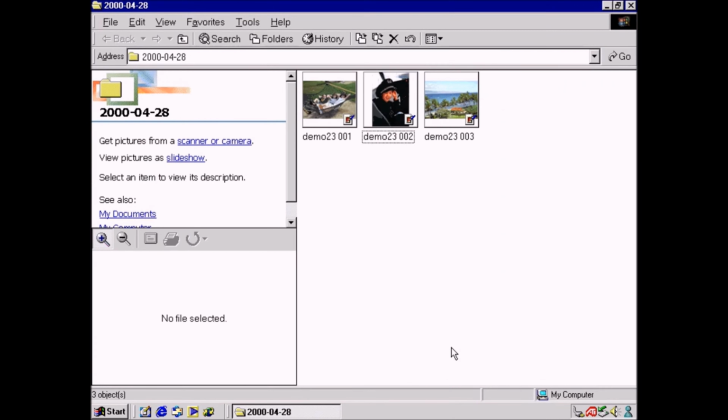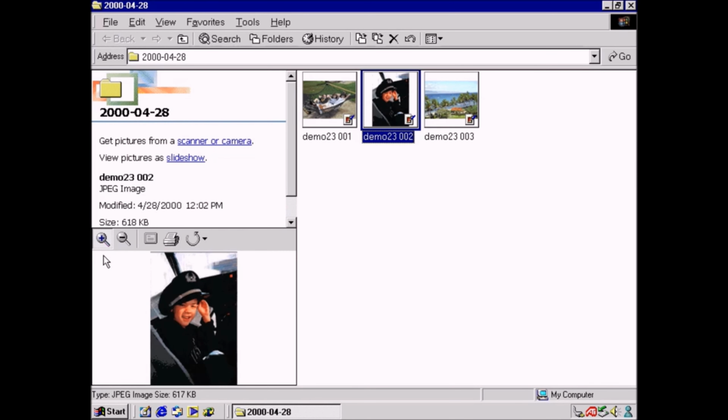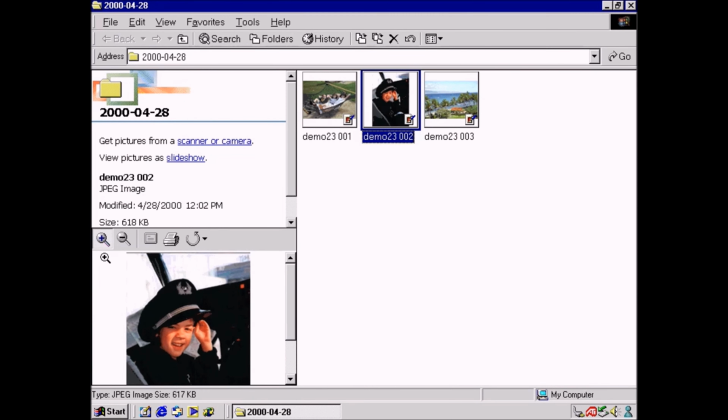Now that the pictures have been saved to my PC, I no longer need to go into a separate application to view or print them. I can just use Windows Explorer. From this view, I can look at the thumbnails and enlarge them for closer viewing. From here, I can easily email these images to friends. If I want to send one to my grandmother, who doesn't have a PC, I can also print the image